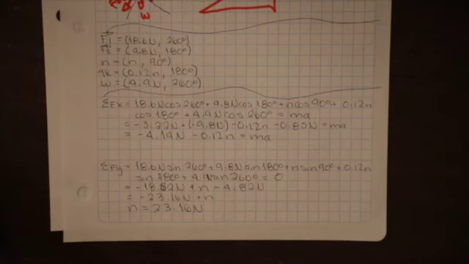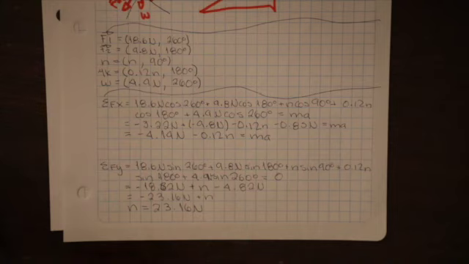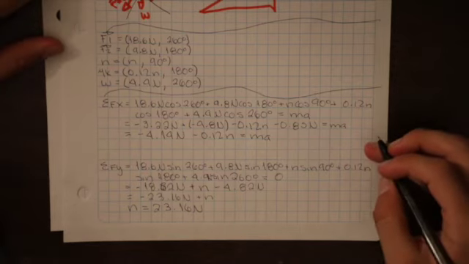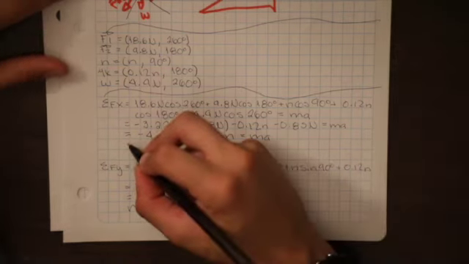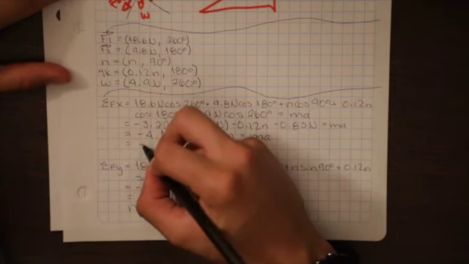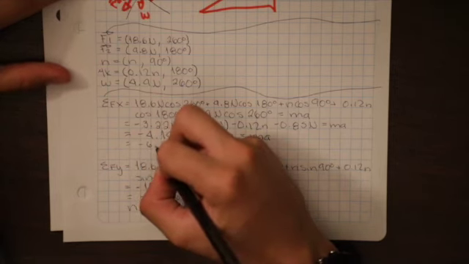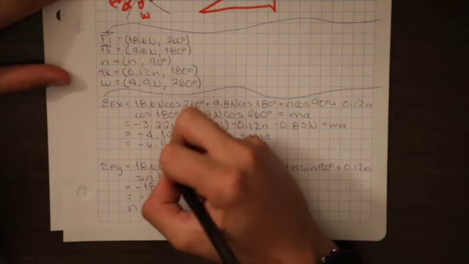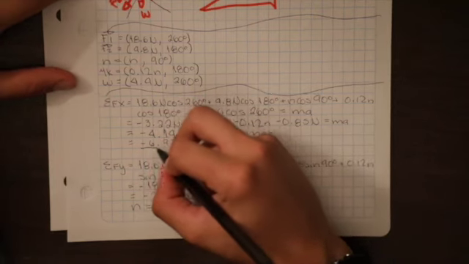So it's gonna be minus 4.19 minus 0.12 times 23.16. Alright, so we have minus 6.97 newtons